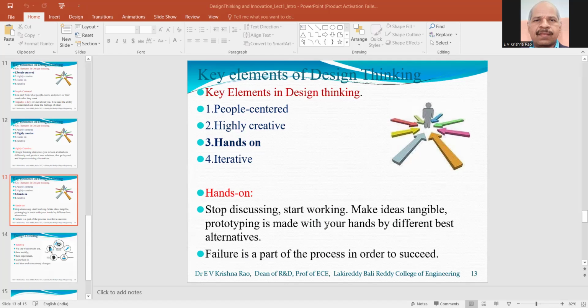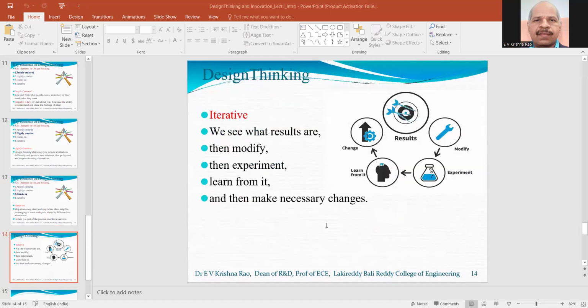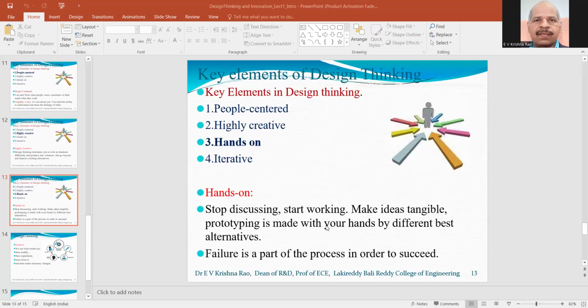the best alternatives. Even if you fail while developing that process, or developing the prototype, or developing the solution, no matter, learn once again, and succeed in the next step. So failure is always a stepping stone to success. Once you go on working on the hands-on process,